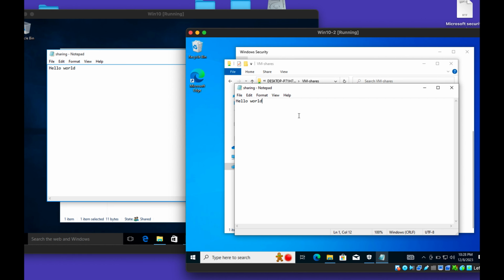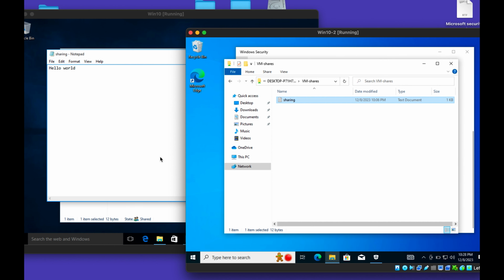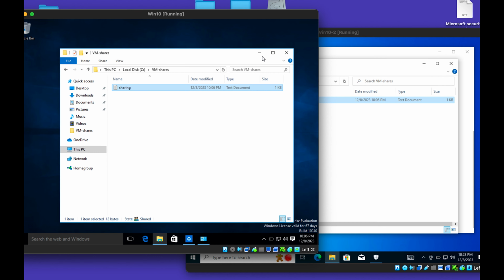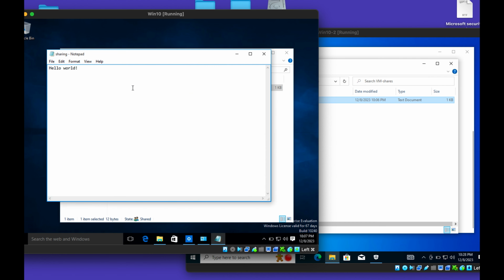Perfect. And sharing, I can see what's in the file. I can see, and if I type, I can also save. Okay, and let's see if it updates, and it saves. Okay,